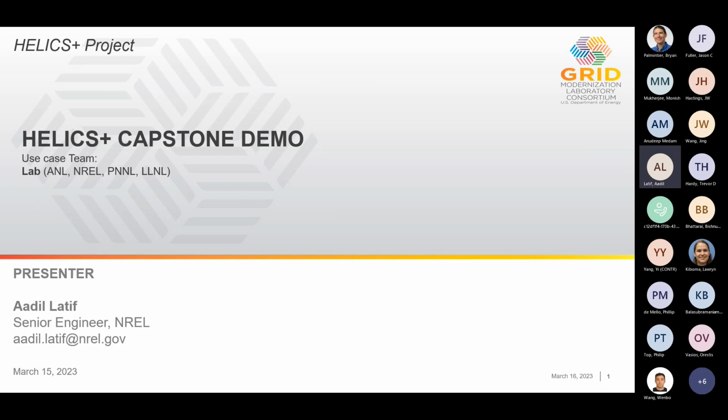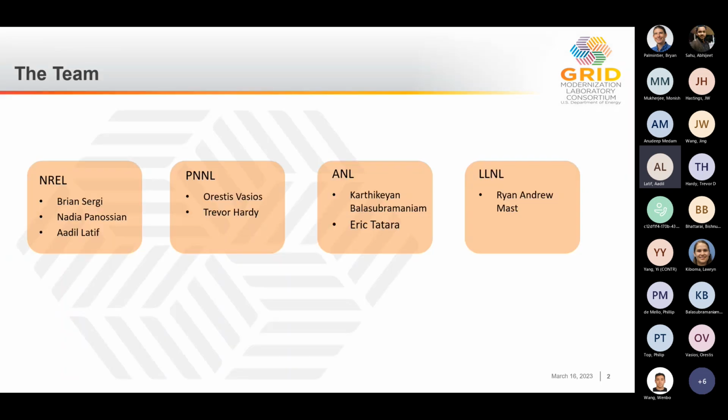I'm a senior engineer working at Henrel, and I've been leading the Helix Plus capstone demo. We've had a very large team working on the capstone demo. If I go to the next slide, we've got folks from Henrel, PNNL, ENL, Lawrence Livermore National Lab, all working on the capstone demo. Apart from this team, there were quite a few other folks trying to get this capstone